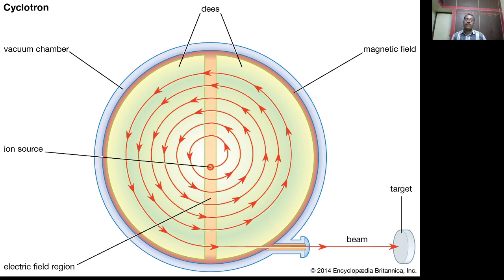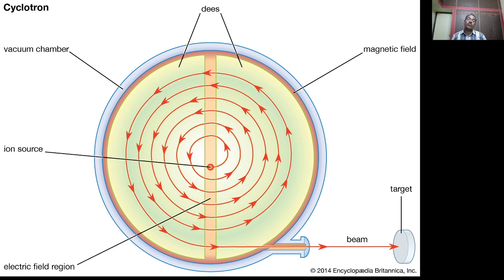It consists of a positive ion source kept in the gap between the two Ds. That's why it is called a positive ion cyclotron accelerator. See, the ion source is in between the two Ds. When the ion is produced from the source,